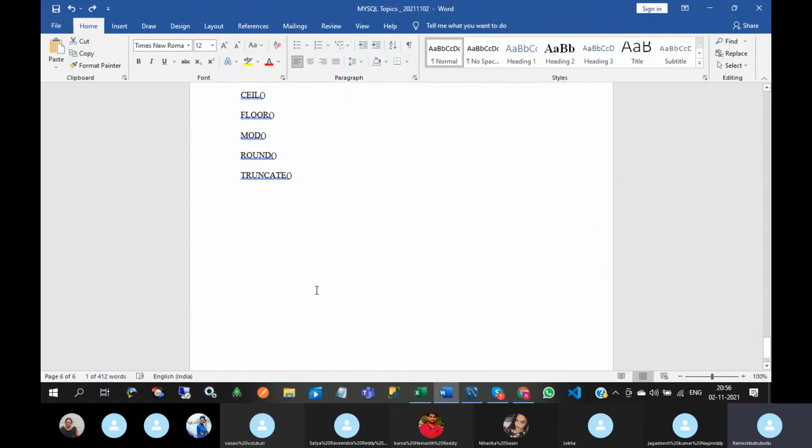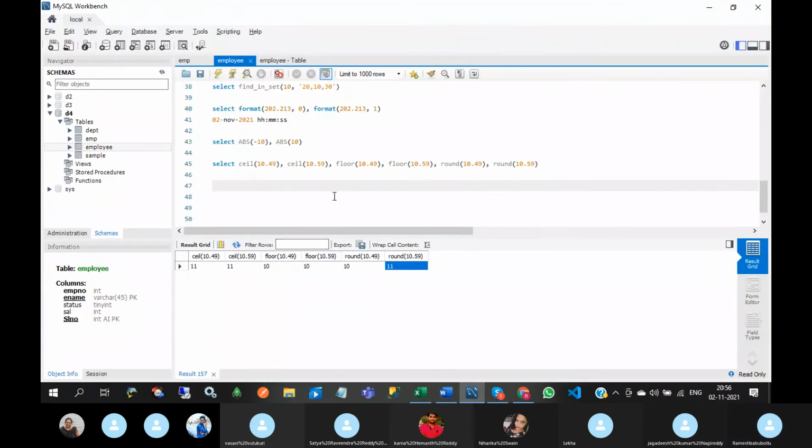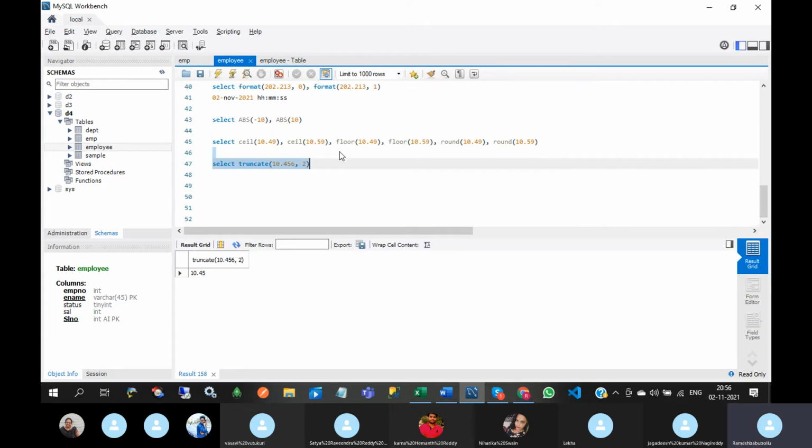Next, truncate. Truncate 0.456 of 2. See this. Here it will display 4, 5 after the fractional part, after the point. So 2 digits only it will consider.